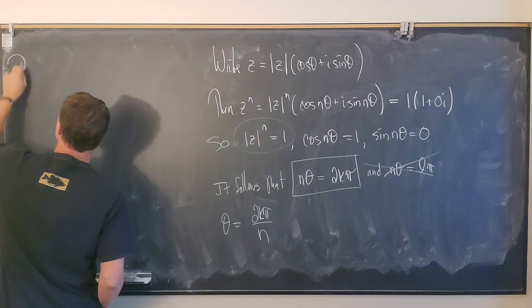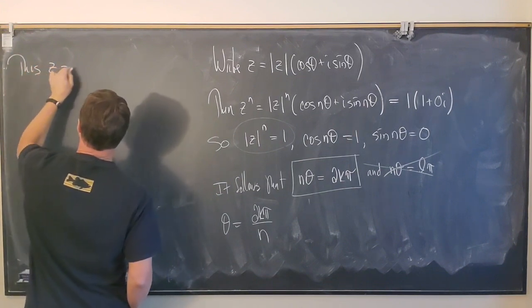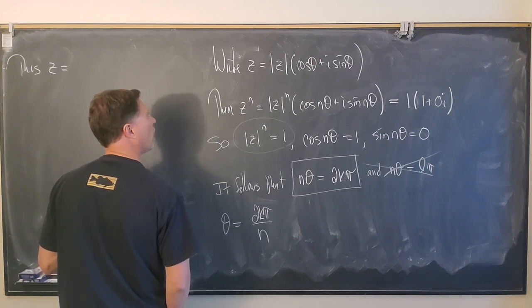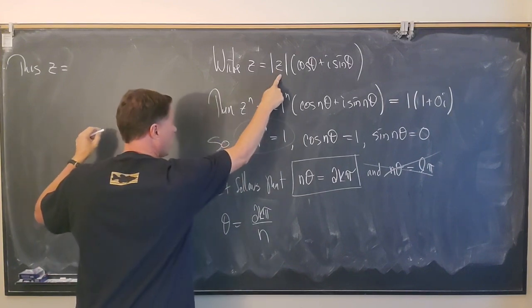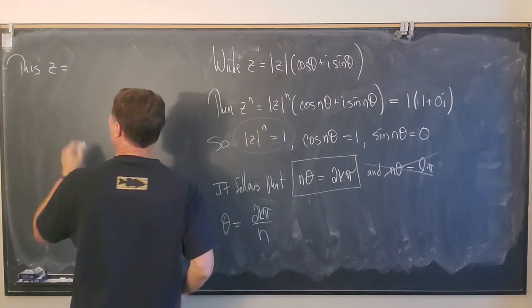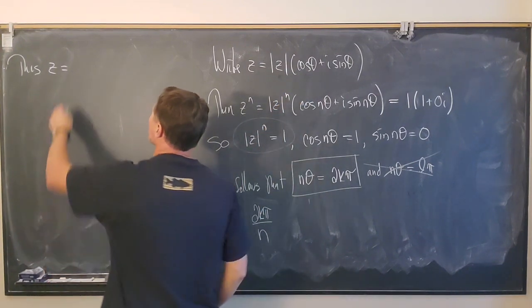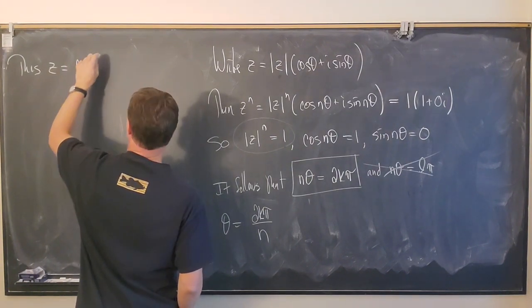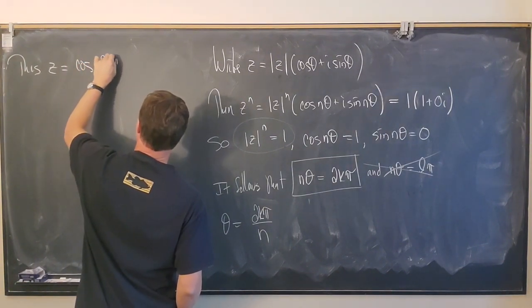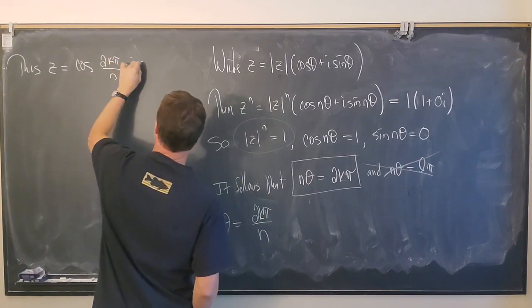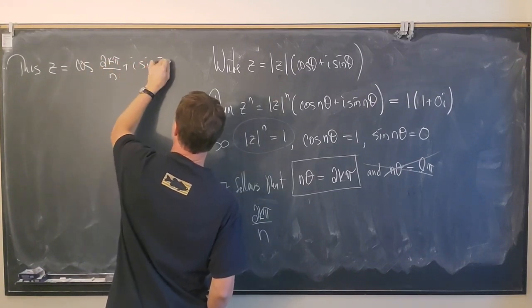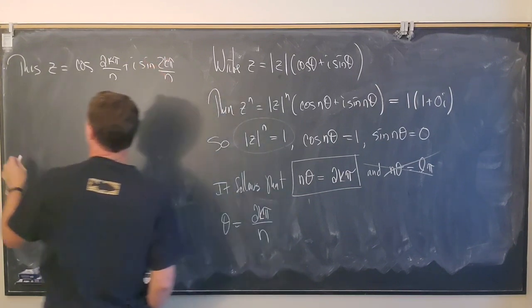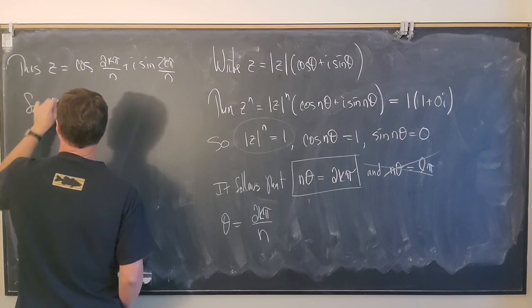So we can say thus, z is equal to 1 times cosine of 2k pi over n plus i sine 2k pi over n for k in